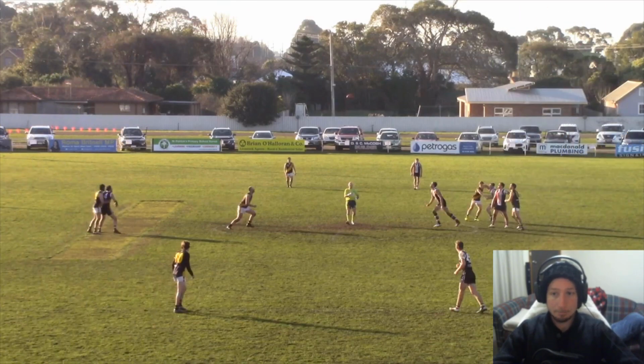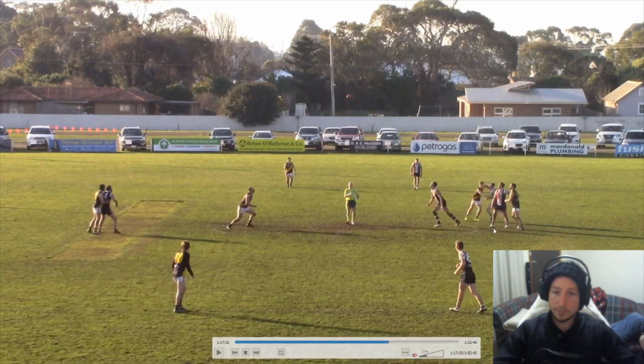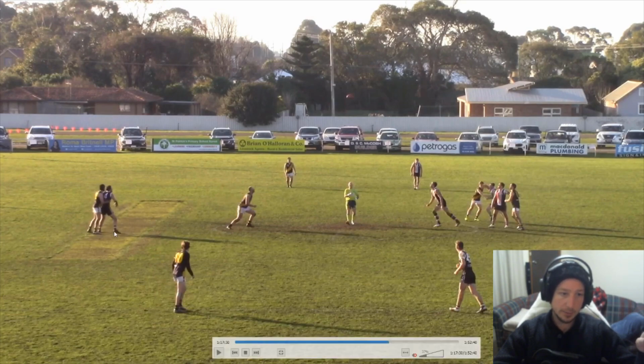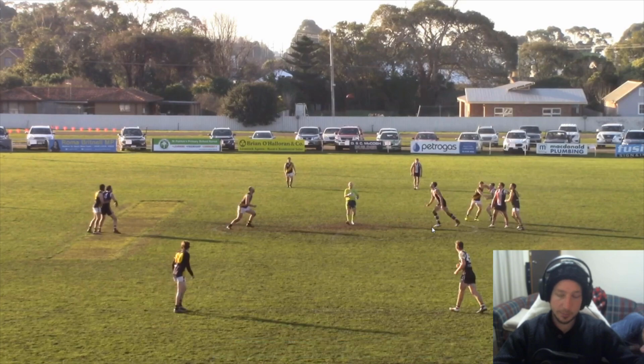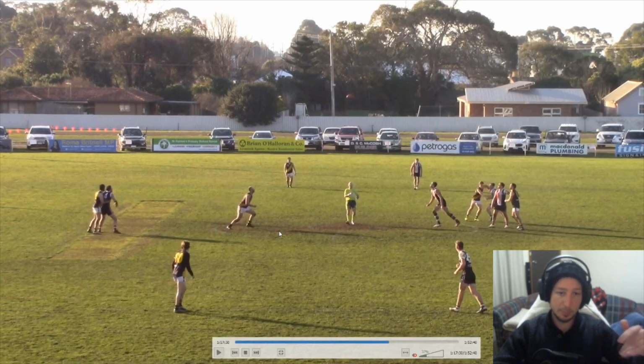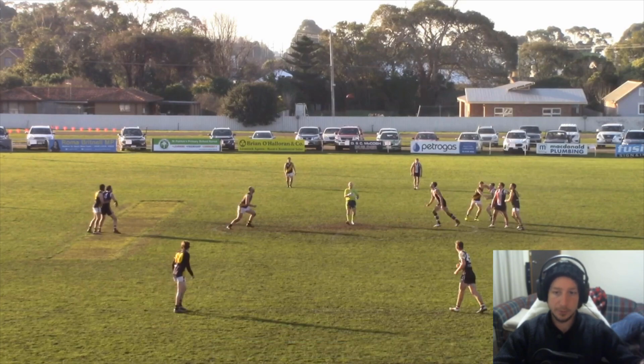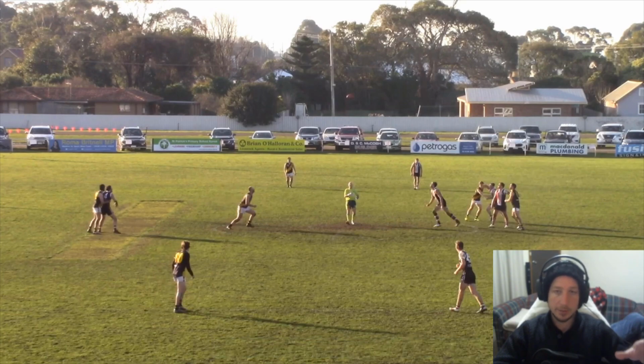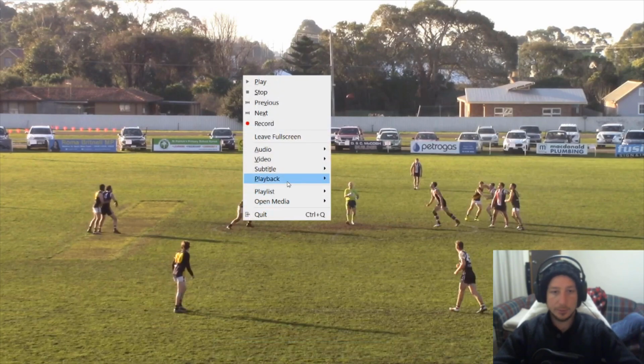Stoppage 20. So this one I think shows the structures really, really well. Things go as they should according to the structures. So like the last one, we've maintained that two at the top. It's even more clear this time. They've got their guy at the top in front. The change of ruckman again. Koroit primary ruckman is back, and Toby's back in the ruck for us. Usually it's been this guy having the edge in height and reach a little bit over Toby, and that's what we see here. So if I play back,